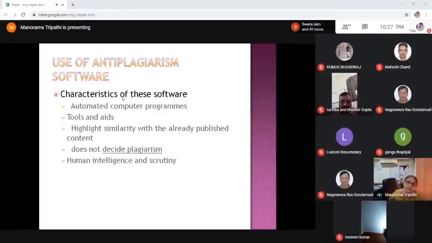It should not be taken at face value, because even if the similarity index comes to 5%, you must ensure, as I gave the example, that maybe you have picked up the content from some book which is not available in digital format. So naturally, matching will not be shown from that source. But maybe after 5 years, that book is digitized and comes on the internet.